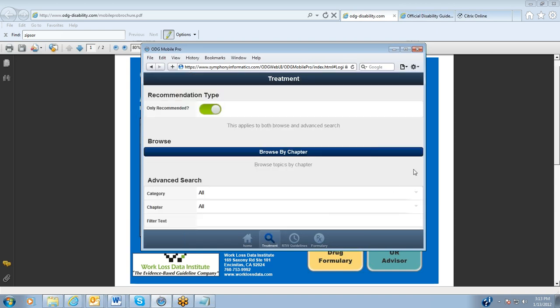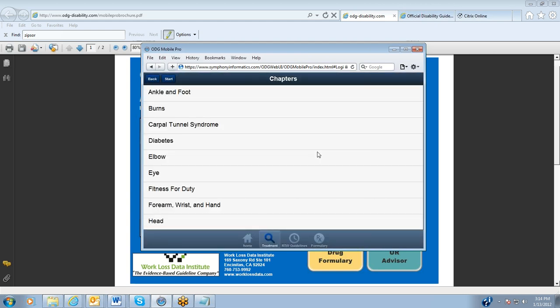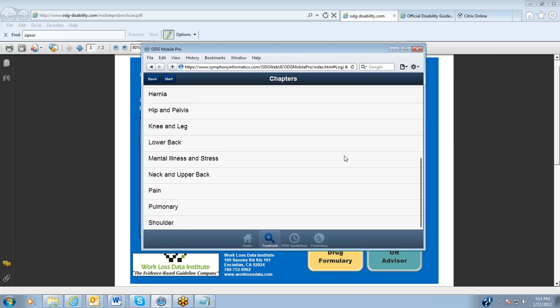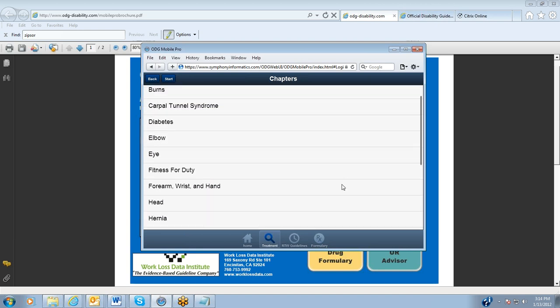Starting with treatment, this is a great and powerful way to access the ODG treatment guidelines. We have a switch first that will allow you to display only those treatments that are recommended or everything. Let's start with everything. Browse by chapter is the closest thing to the current web version of ODG, where it lists the chapters alphabetically, and there's about 18 of them, which tend to be based on body part, with some